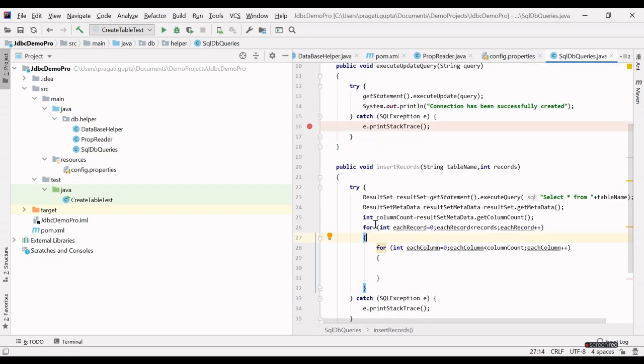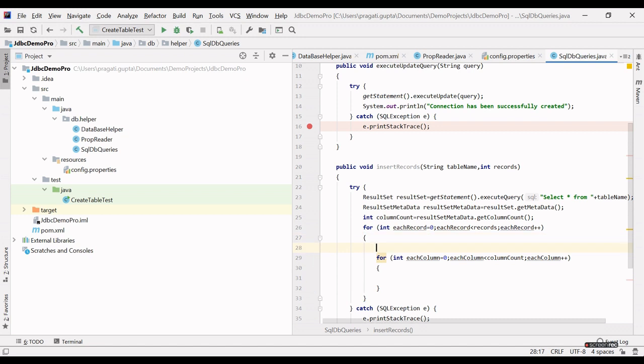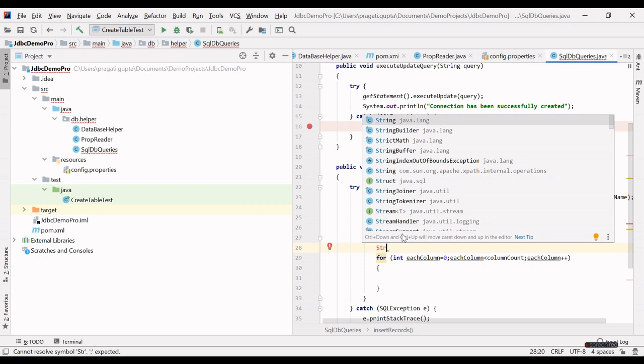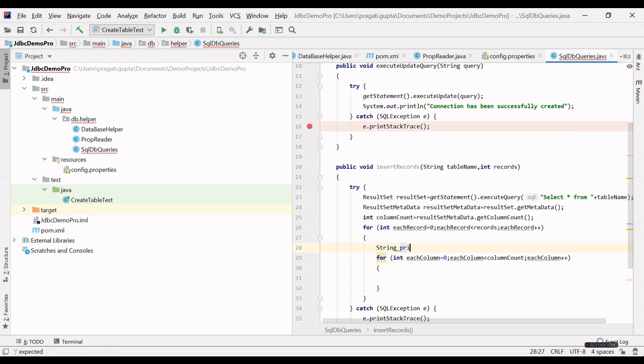Since we already know, first column will always be primary key and varchar. So let's insert the record first in primary column, otherwise it will give us runtime exception if we give primary key as null value. How we can get the primary key column?